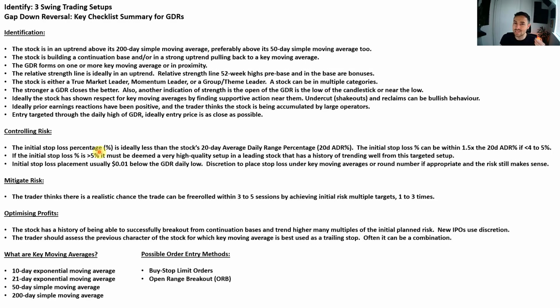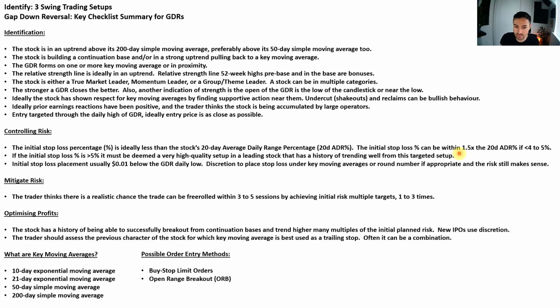So the bars are not going to be as tight as, say, trigger bars, which are often tight, low volume inside bars. They don't have to be inside bars, but tight bars, low volume. Same with a shakeout demand tail, same with a gap down reverse bar. The way I think about it is ideally I'd like it less than the 20-day ADR percentage, but within 1.5 times of the 20-day ADR percentage, I think it's acceptable if it's a real kind of powerhouse leader and I